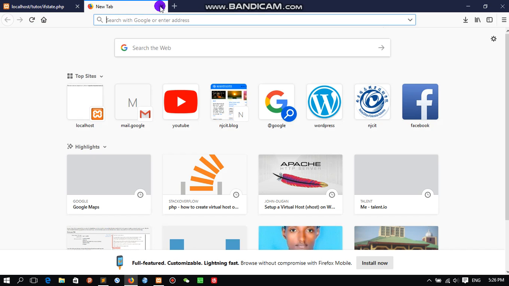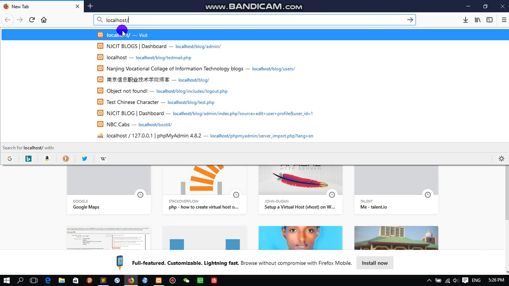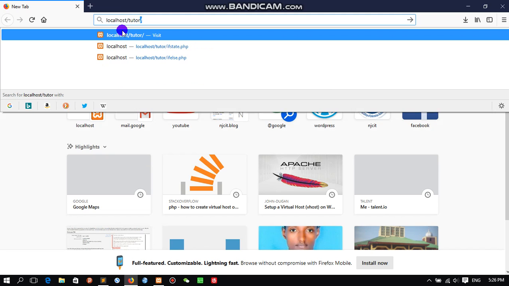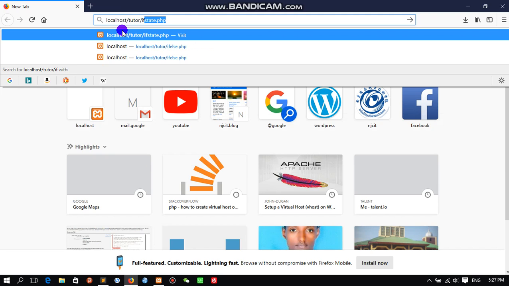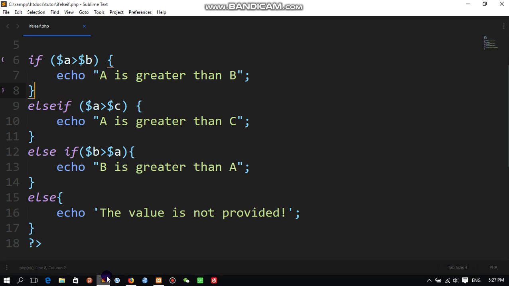Let's test on the browser. Localhost/tutor/else if dot php. A is greater than C. Even the question B is greater than A is also true.